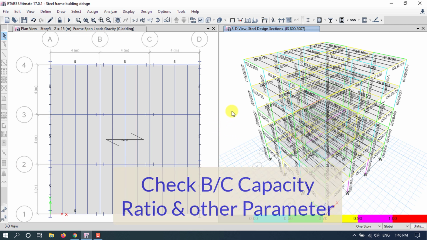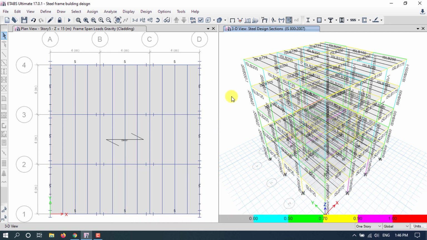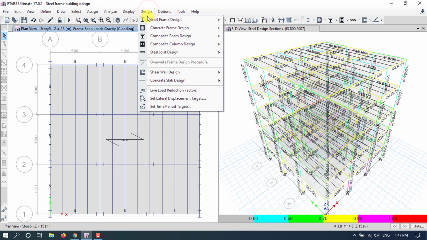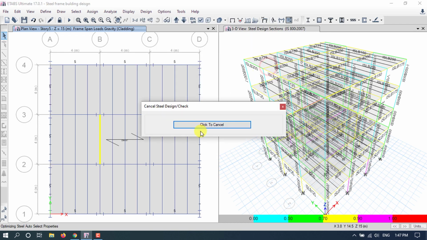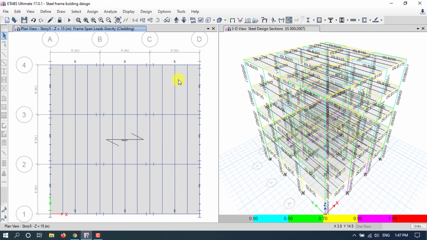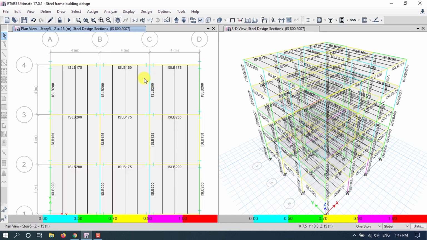Now friends, let's check the various parameters in the steel frame design. For that, go to plan view and go to steel frame design and go to start design check. Okay, for a clear view of this building, go to elevation mode.